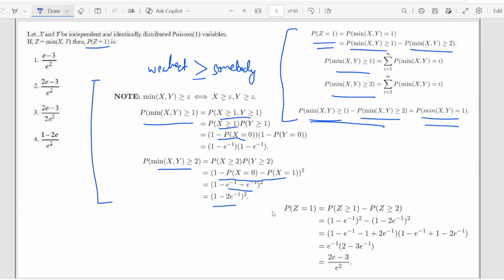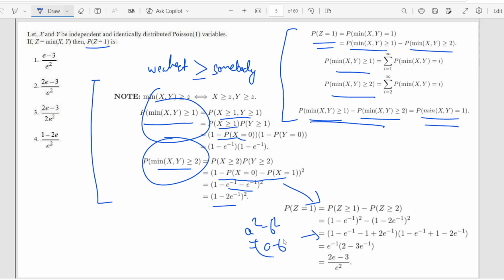we get this. And now we plug these two back in the original expression, and with some simple algebraic computation, essentially a square minus b square equals a minus b times a plus b, we can arrive at this. And the last thing we do is just multiply and divide by e square, which gives us this, and this is the answer. So that was it,